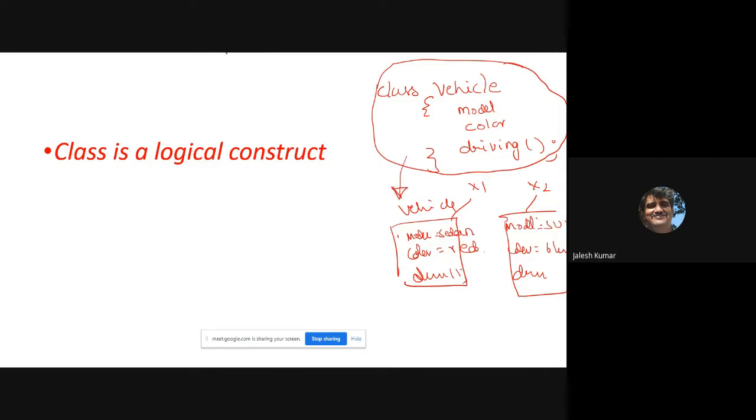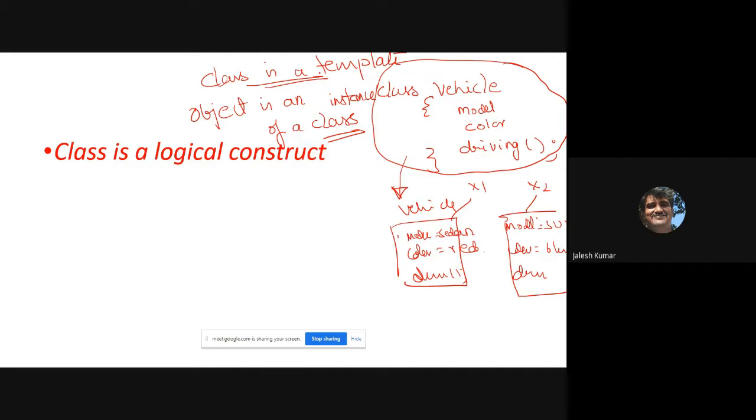So the universal statement: class is a template. Object is an instance of a class. Okay, an instance of a class. So these two statements hold good for C++ and all object-oriented programming. Anyway, overall, class is a logical construct.